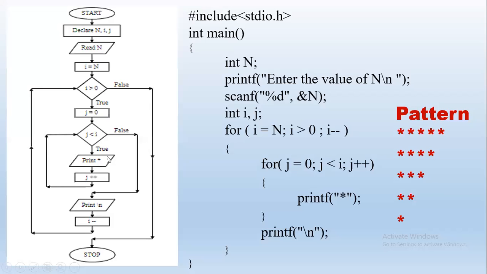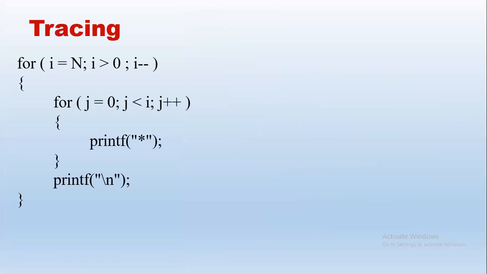So let us see exactly how this works with the help of tracing. Okay, so when we trace, first we have the pattern, right? The logic for the pattern as we just discussed. So i starts from 5. Let us say we give input as 5 as per the question, and then we can give any input later as well. So the first value of i is n. n is 5, input 5 is given, 5 rows we need. So 5, is it greater than 0? True. We'll print line 1, right?